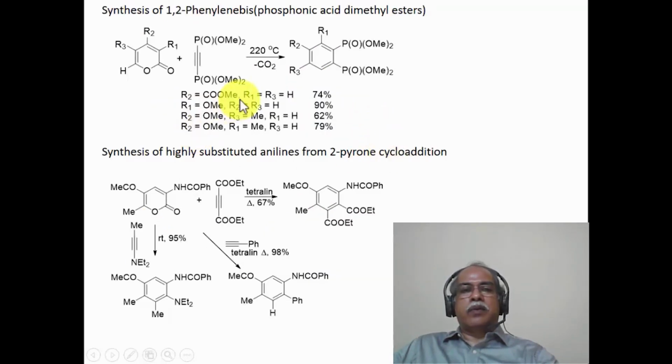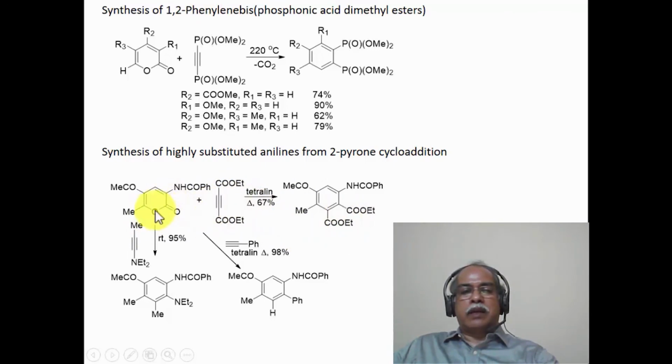This is another example where the phosphonate substituted acetylene is undergoing Diels Alder reaction with alpha pyrone. Various substituted alpha pyrones have been made to undergo this Diels Alder reaction in producing the ortho diphosphonyl benzene derivatives in this particular case. The alpha pyrone is also called 2-pyrone. This particular molecule has been used to make a highly substituted aniline derivative, as it is shown in this particular example. The alpha pyrone undergoes Diels Alder reaction with the acetylene diethyl acetylene dicarboxylate, which produces the Diels Alder adduct,